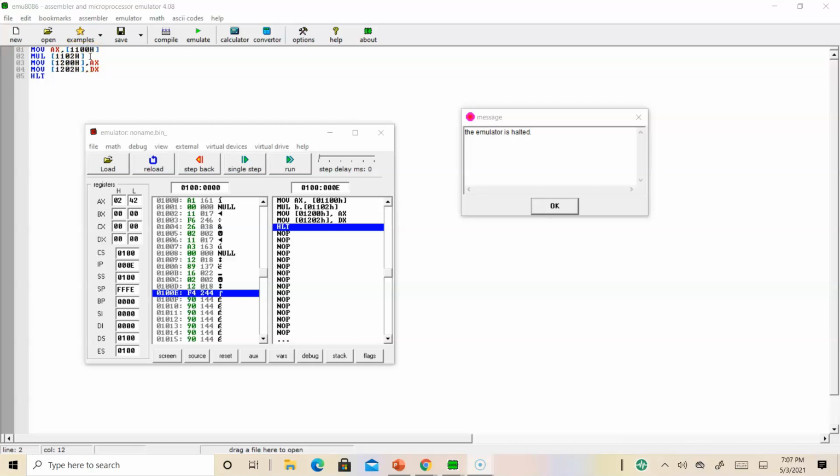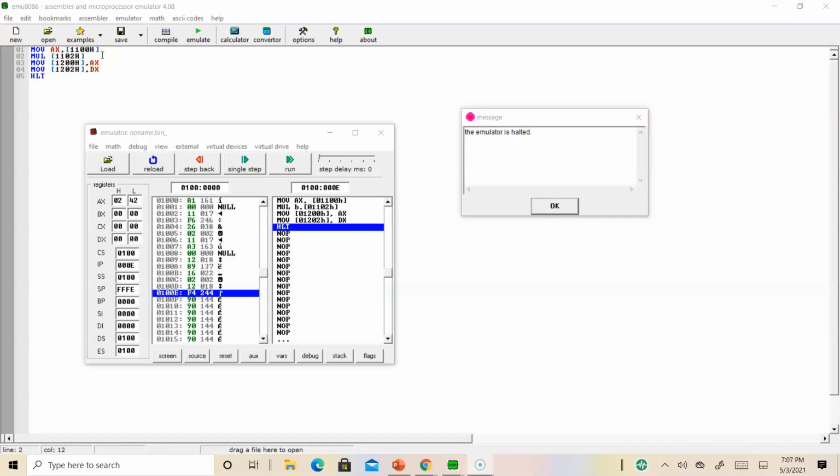So the processor will multiply the 1102 value with the 1100 value. It will only take the content residing in 1102, not the 1103 value. So only 8-bit data is taken, and it will multiply with your accumulator content. When your source is 8-bit data, it will always multiply with only AL data.